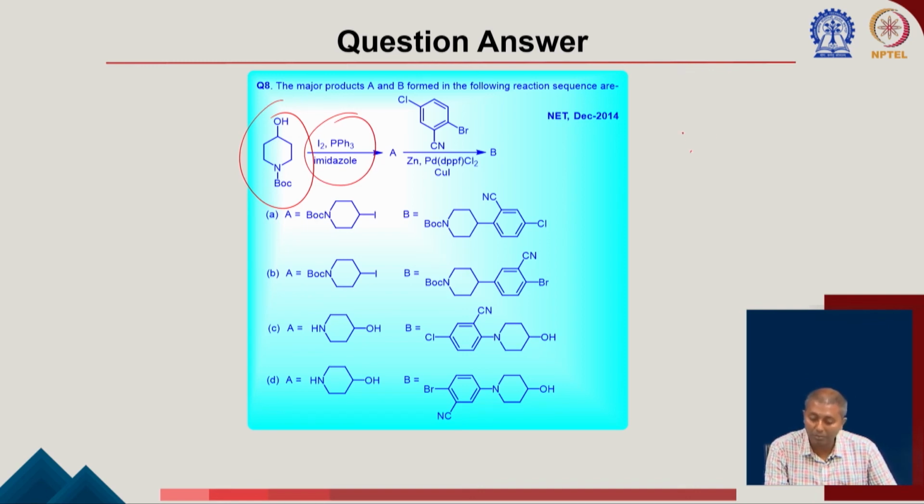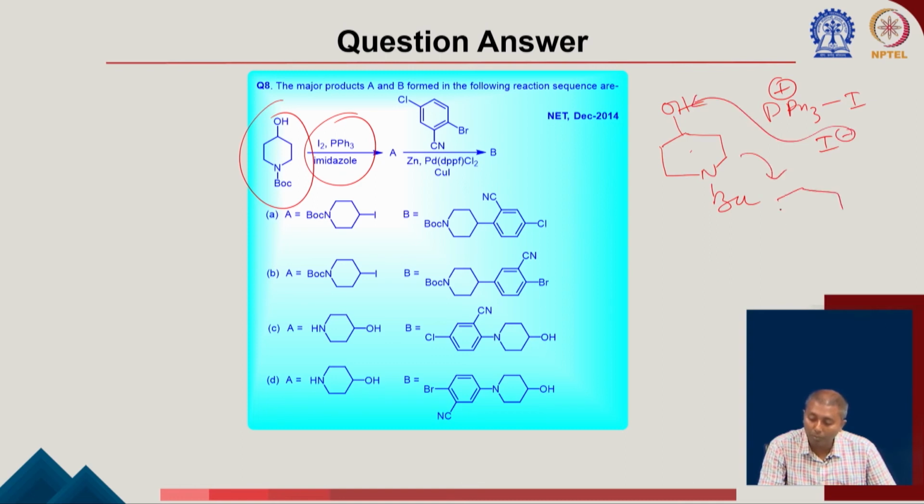So what is happening here? You have an alcohol, so you have PPh3 with I2. PPh3 can react with I2 to form PPh3I plus and I minus. This I minus can take this proton